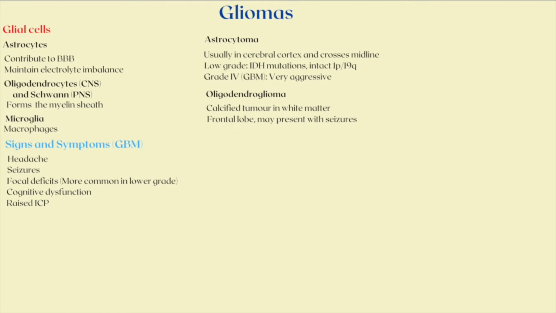function of astrocytes. The location of the tumor will also give rise to corresponding focal deficits, such as motor weakness, sensory loss, and aphasia. This is, however, more common with lower-grade gliomas. There may also be cognitive dysfunction, such as memory issues or personality changes if the tumor is affecting the limbic system. As the tumors are a mass in the brain, they will also engender raised ICP and relevant signs and